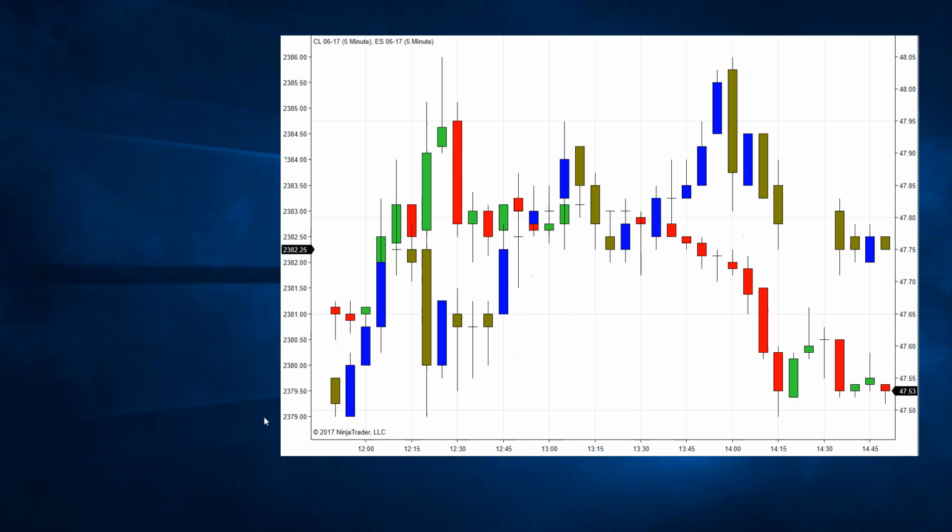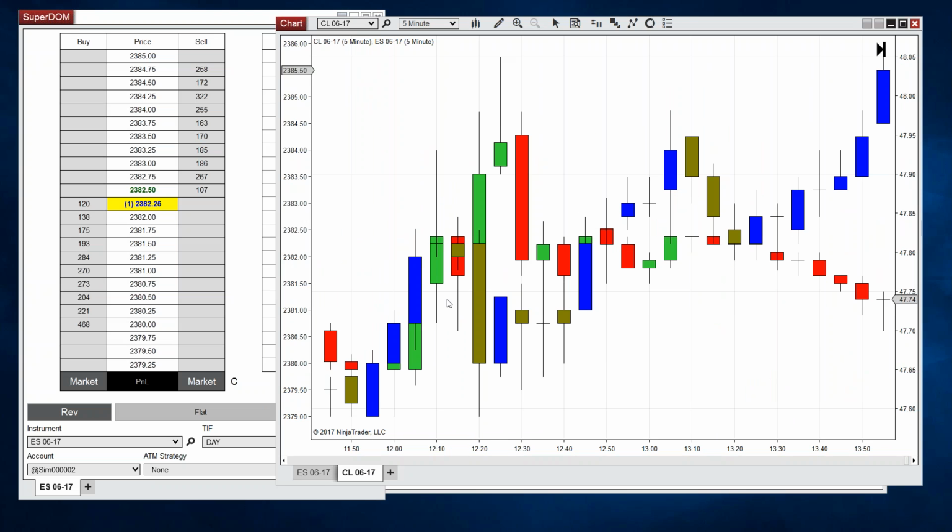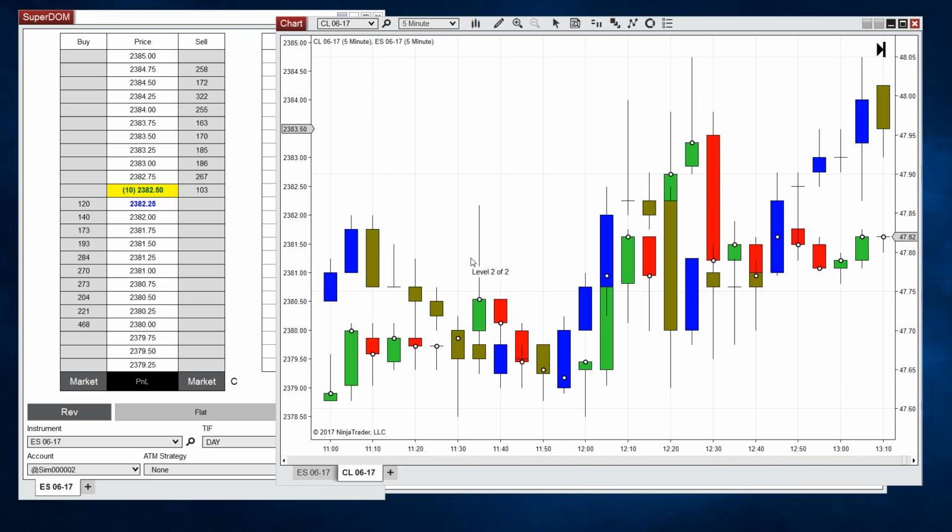Okay, let me move in to find some candles that overlap. Basically, you select one, and if you hold your shift key down and use your scroll wheel, you'll see here where my mouse is, it says level 2 of 2, and now level 1 of 2, and you can see that the visuals are changing.